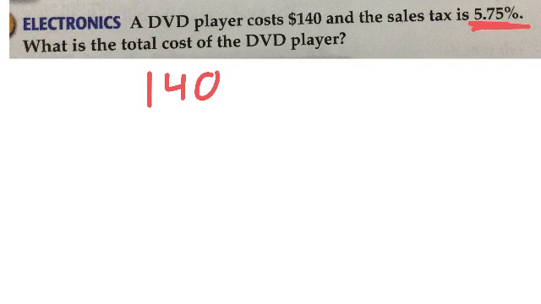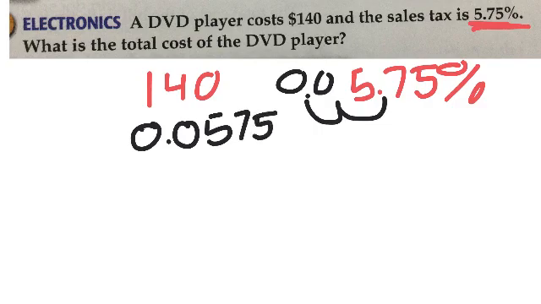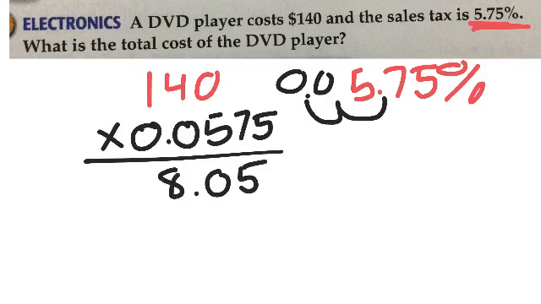Now, before I can multiply, I have to do what? I have to change my percent into a decimal. So I'm going two places to the left. So this number is 0.0575. So now my calculator, I'm going to multiply that out. 140 times 0.0575. You get 8.05. So that means the tax is